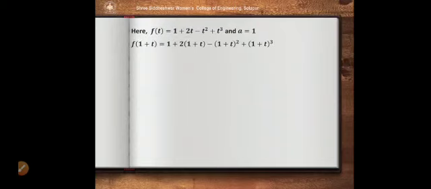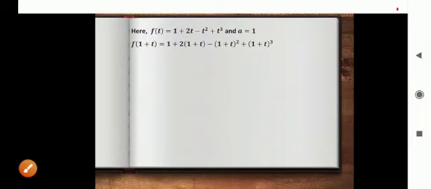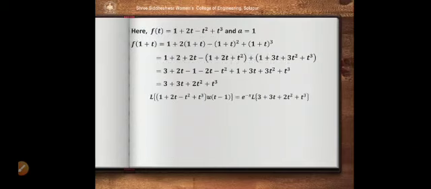So first we should have the modified function. So what is done here? You have to just replace t by 1 plus t in all these terms, and you have to simplify using the a plus b bracket square expansion and a plus b bracket cube expansion. So simplification gives us the f of 1 plus t as a very simple function, 3 plus 3t plus 2t square plus t cube. So now we have to apply that result of Laplace transform with a equal to 1, as here u of t minus 1 is there.